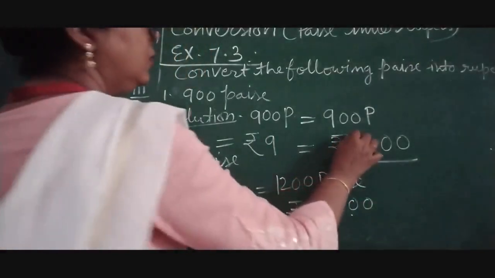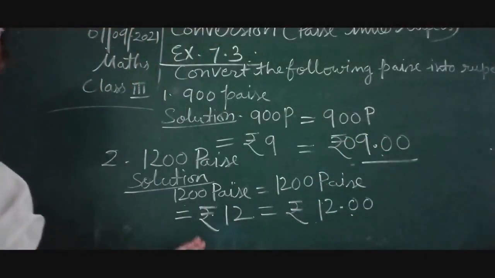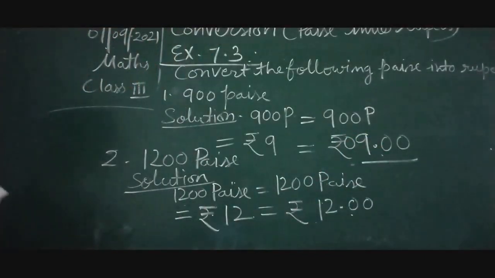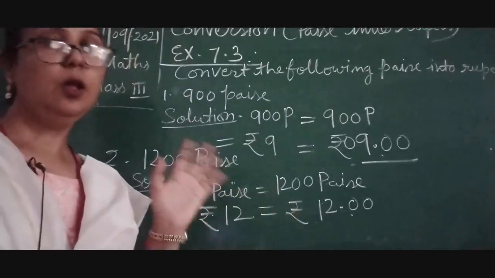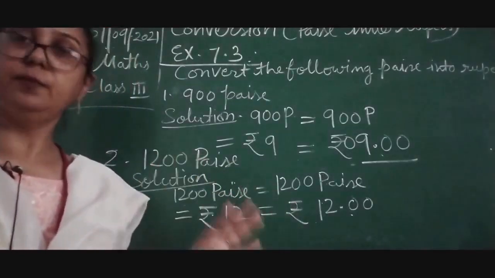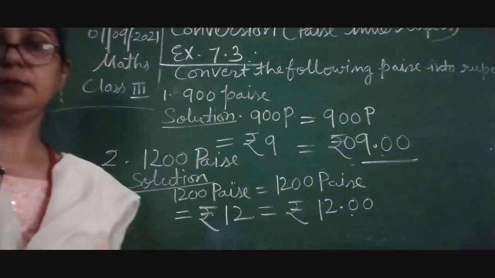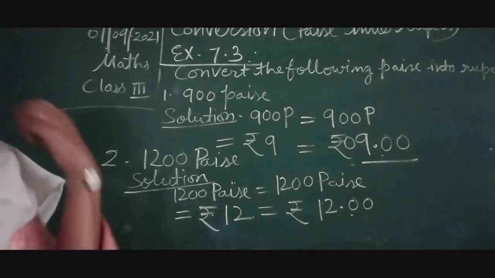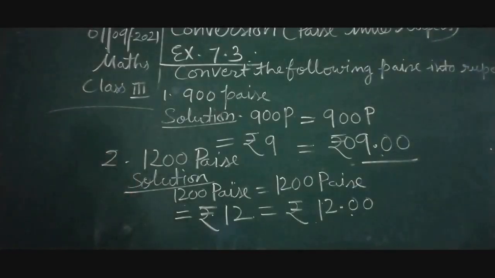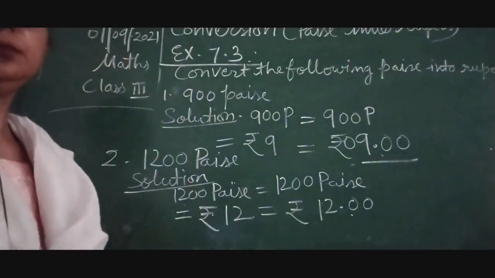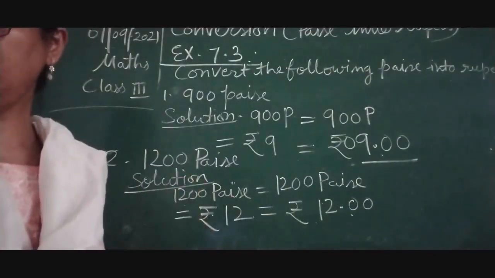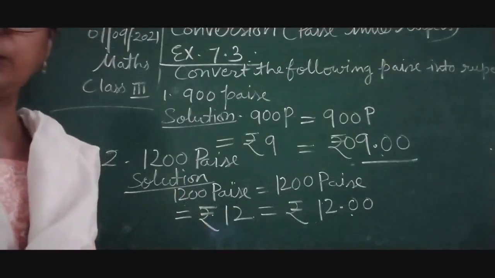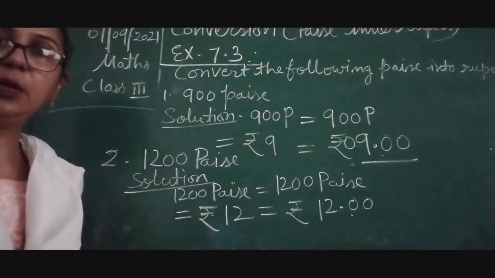Okay, here you can write 0. So that is how we can do. Simple thing, because paise is not there, only 12 rupees are there. So that is why this is the answer. So just complete 1 and 2, and after that we will do number 3. Complete this, take a screenshot. Now we are going to do number 3, children.